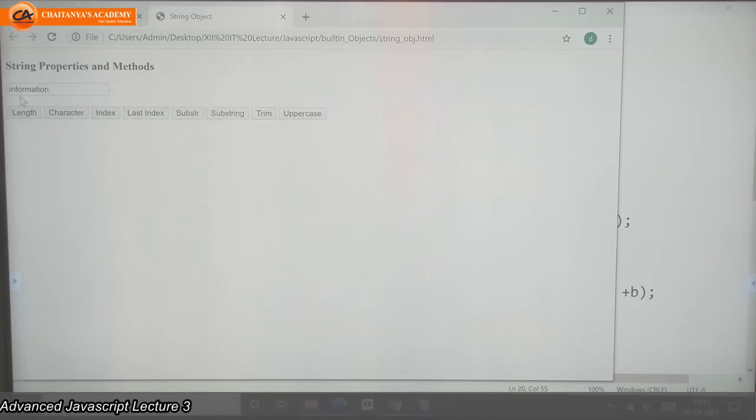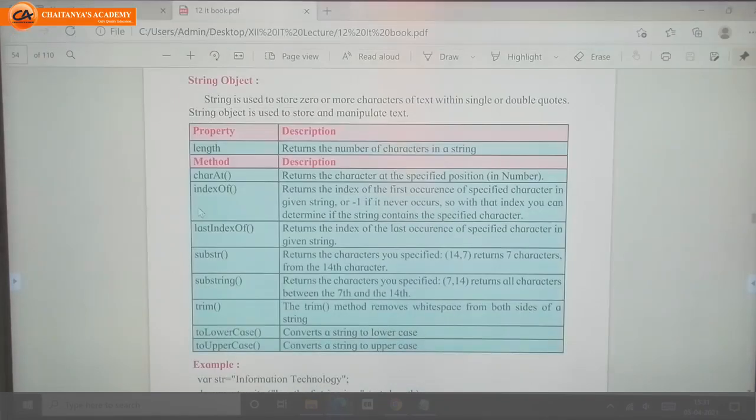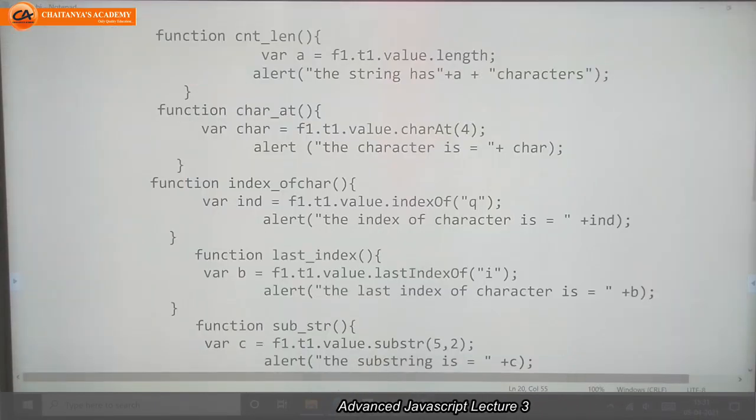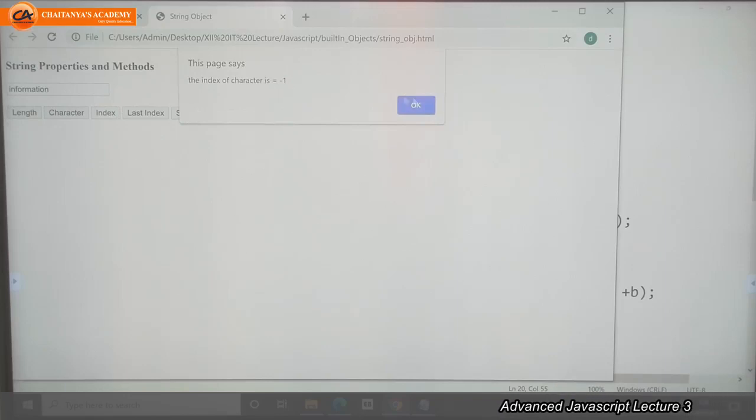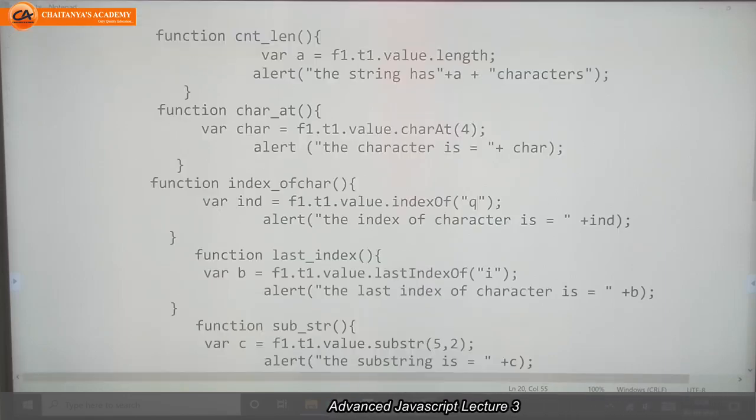So indexOf returns the first occurrence, and the next method is lastIndexOf. This gives us the last occurrence. For example, in "information", I is there 2 times. If I want the first I's value, I have to write the indexOf method.